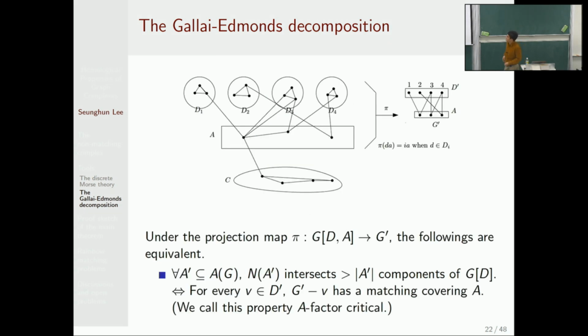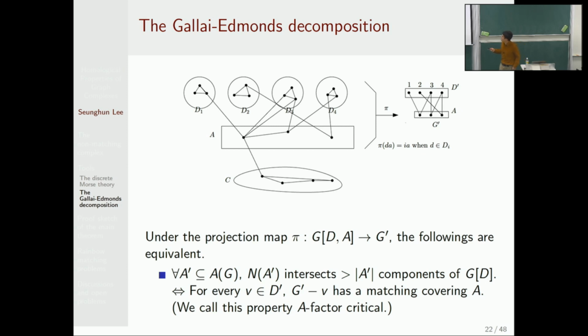And next, we check whether this Gallai-Edmonds decomposition satisfies the conclusions. If we just concentrate on the D part, every component of D is vector critical, because they are all triangles. If we remove a vertex in there, then there's just an edge, so it has a perfect matching. And the C part has a perfect matching, obviously, because this is the cycle C4.